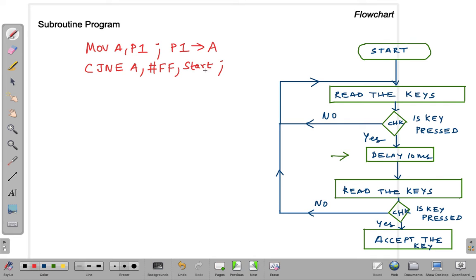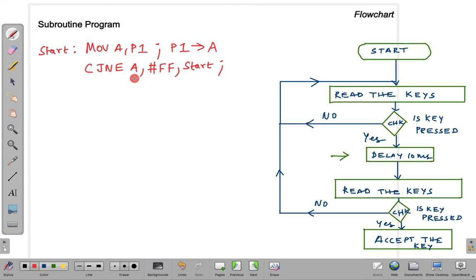I'm going to insert this start label at line number 1, the first statement in our program, MOV A, P1. So if the data is not equal, we check again, reading the status of the keys connected to the 8051 microcontroller.